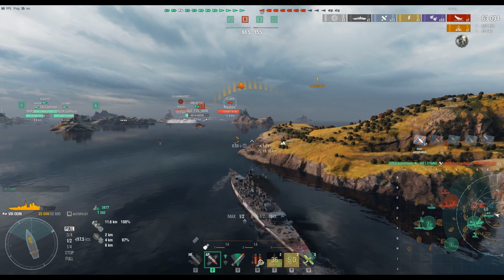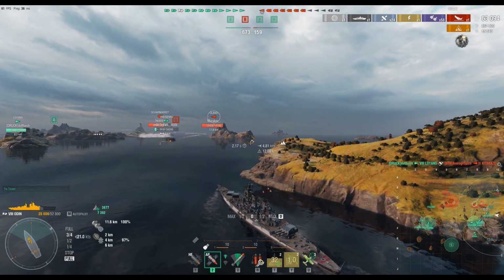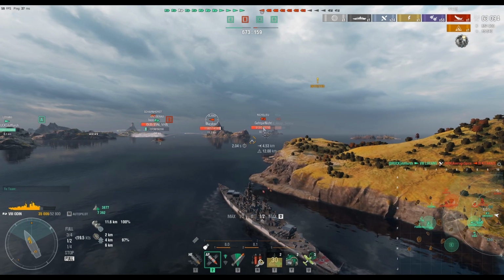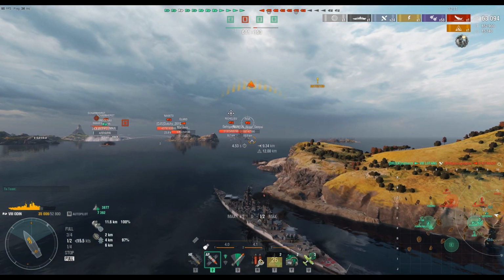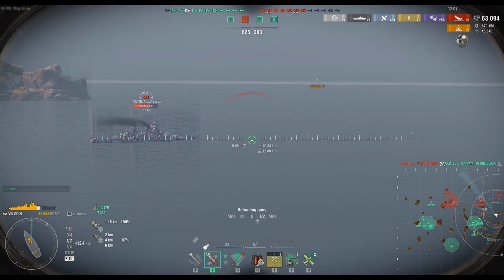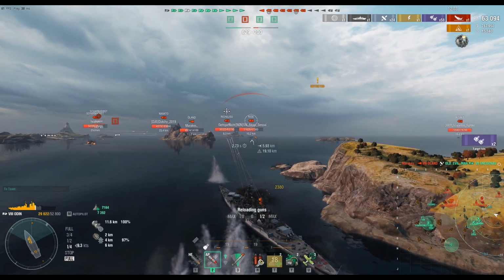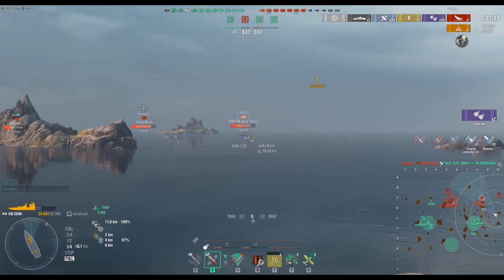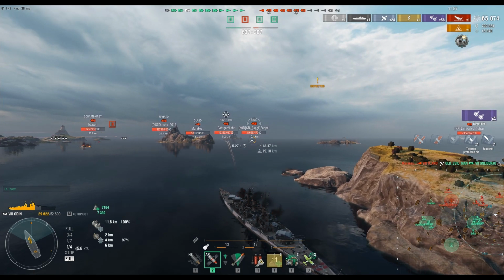And with that, I'll get myself more into this battle by moving in against Richelieu. I'm gonna stay angled against Richelieu and use my secondaries while I focus on the Riga. I want Riga to stay as angled as possible, so he will use fewer guns, like only the gun